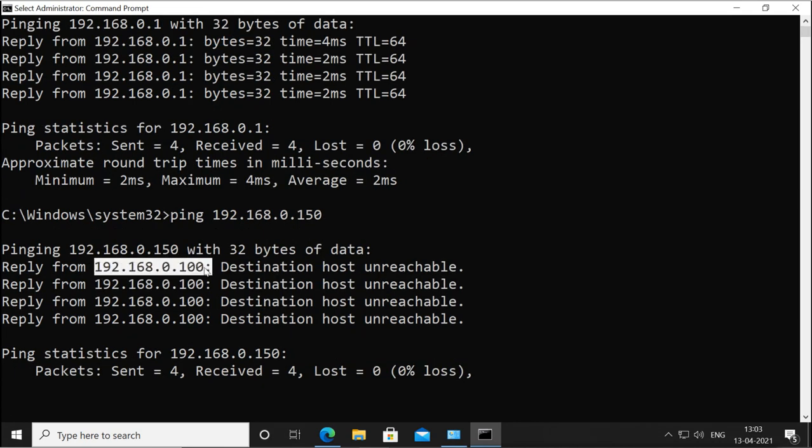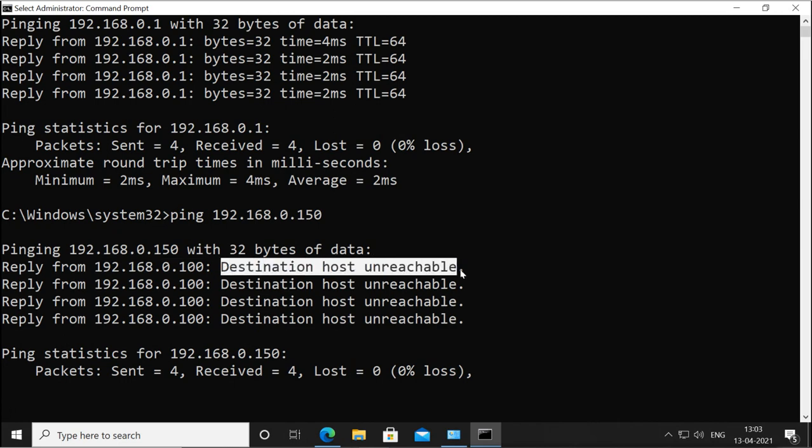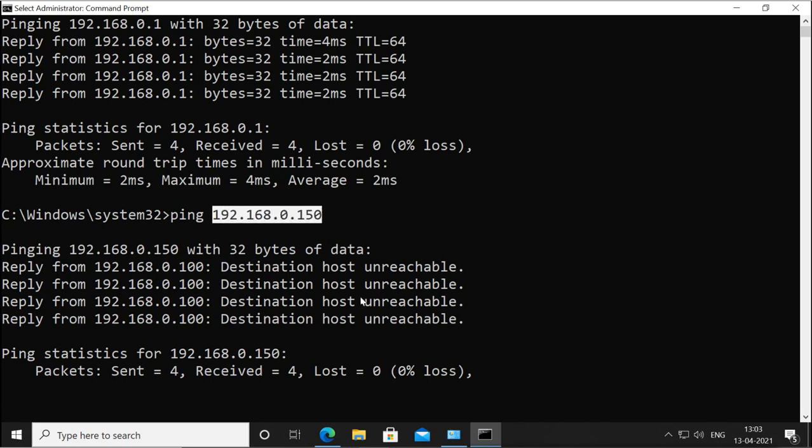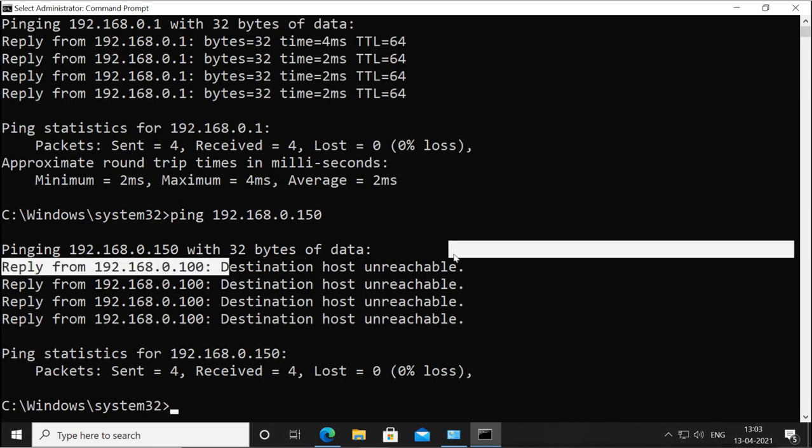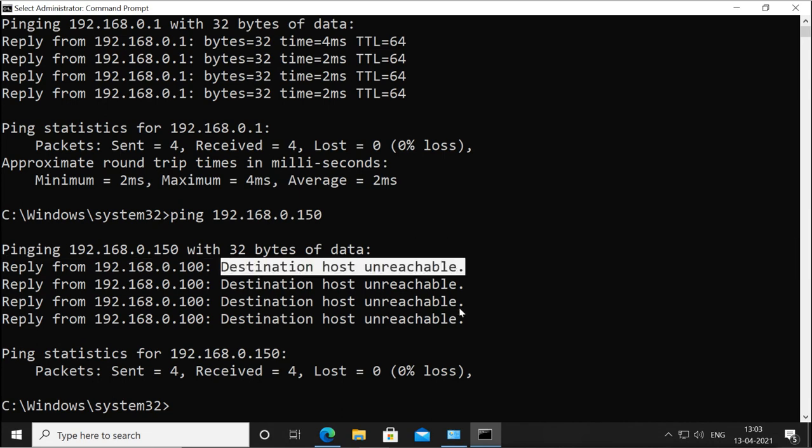So my own machine is saying that I cannot reach this IP because it is not present. So when you ping any IP, your machine will send 4 packets and wait for the reply. And if the machine is there, then it will get the reply. And if the machine is not there, then it will get an error like destination host unreachable, or mostly you will get request timeout.